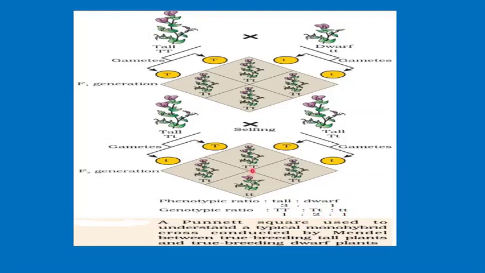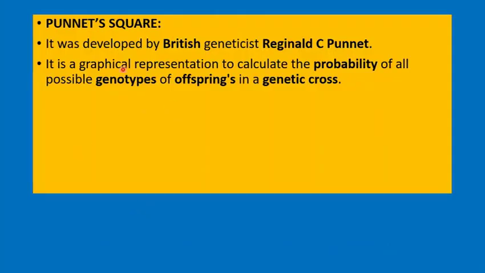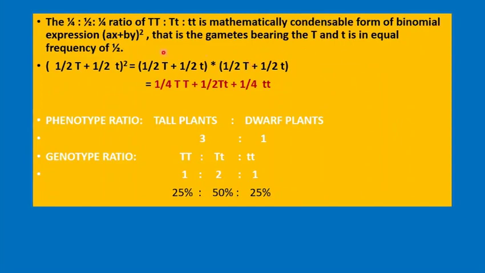So this was a very easy method based on the cross pollination and the formation of the genotype and phenotype, which was done by Mendel by considering the mathematical and statistical analysis step for calculating the variations and inheritance of the genes, from transfer of genes from parent to their offspring. Now, this is a Punnett square which we had discussed. It's a graphical representation to calculate the probability of all possible genotypes of the offspring in a genetic cross. And as I told you, here Mendel had included the mathematical expression. He had compared to that and it was proved to be right.